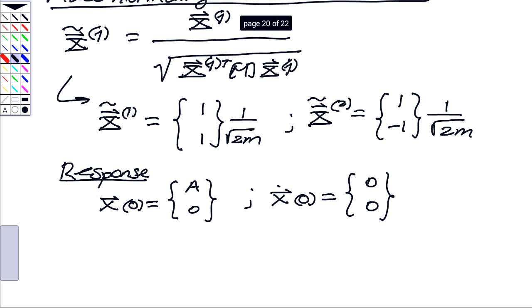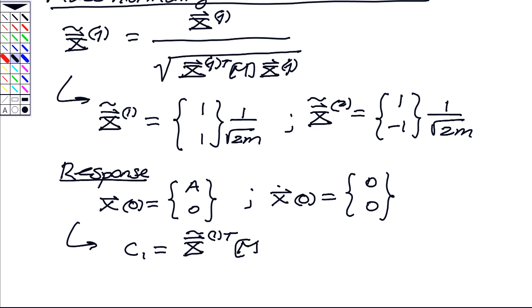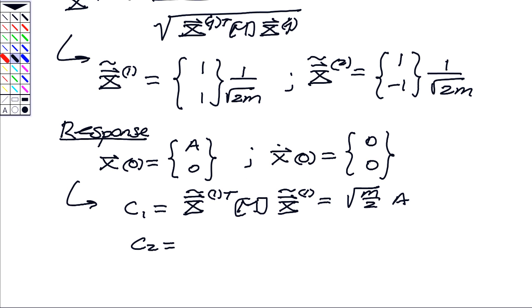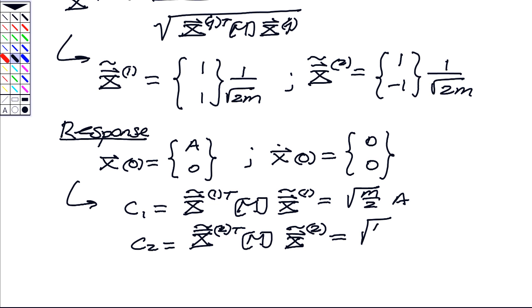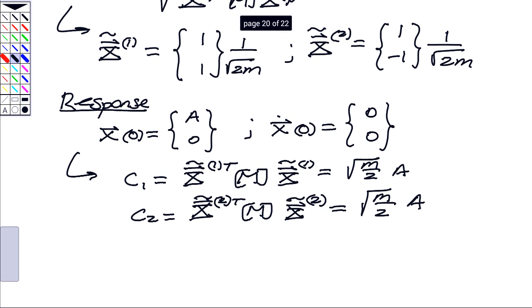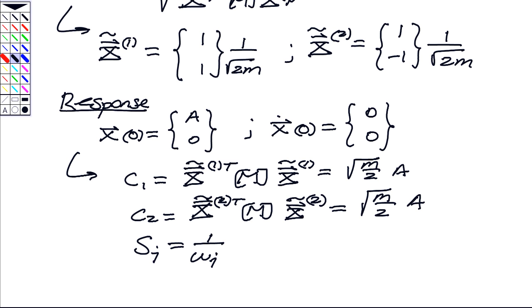So using our basic operation here, C1, which is therefore x1 transpose, the mass normalized one, times m times x1, ends up being the square root of m over 2 all times A. C2, same thing except the 1 is replaced by a 2, and it gives me the same thing, square root of m over 2 times A. With our initial velocities equal to 0, that is 1 over omega j times x j transpose, mass normalized, times M,